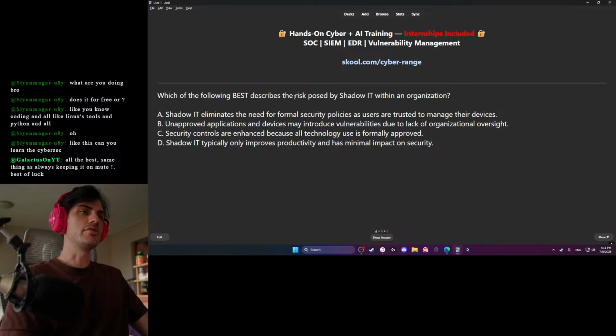Which of the following best describes the risk posed by shadow IT? The risk.